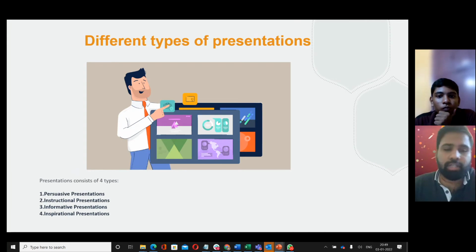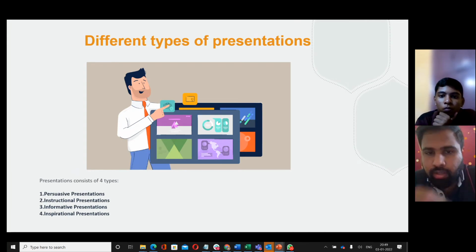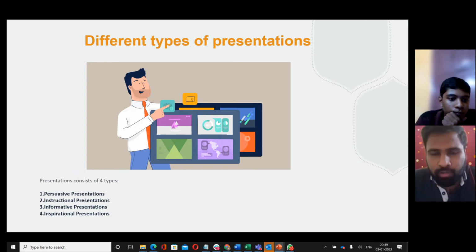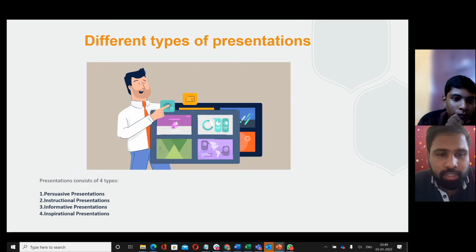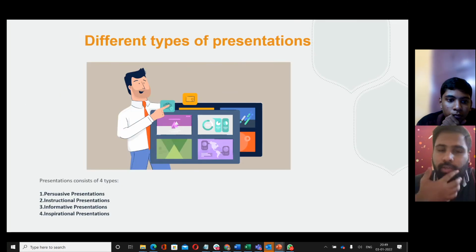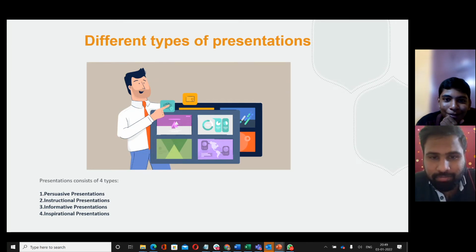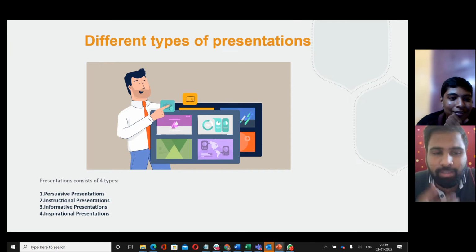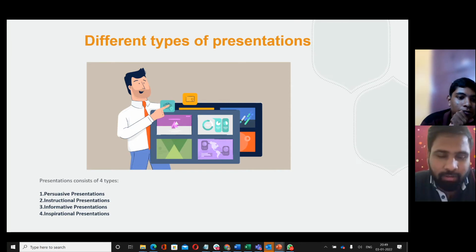Different types of presentation. This is not that important, but just for your understanding. Persuasive presentation, I'll start with. There are only 4 types. When you see this presentation, what will first come to your mind when I show you? For me, the first thing was the image only. The points are not at all there. Big images, exactly. So you're understanding how a presentation works.